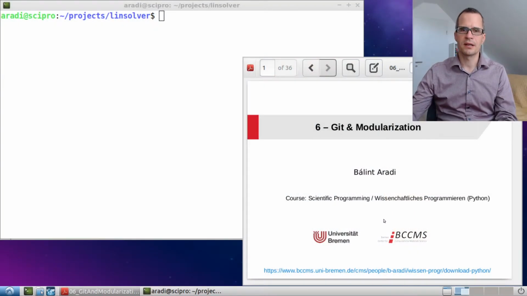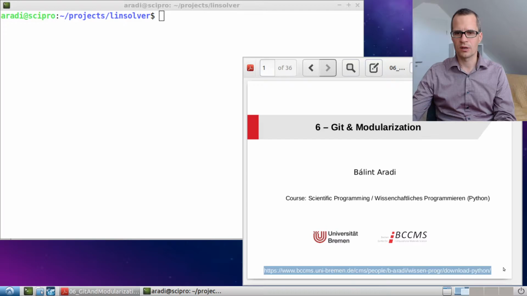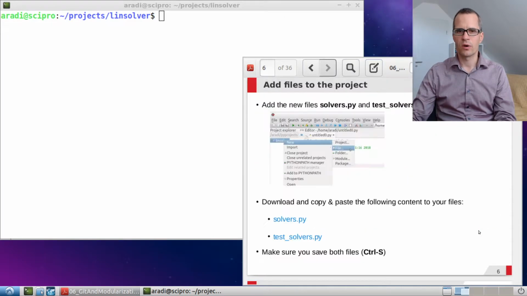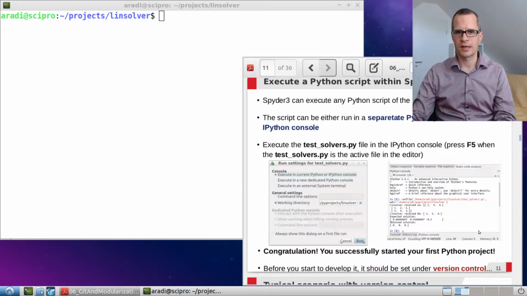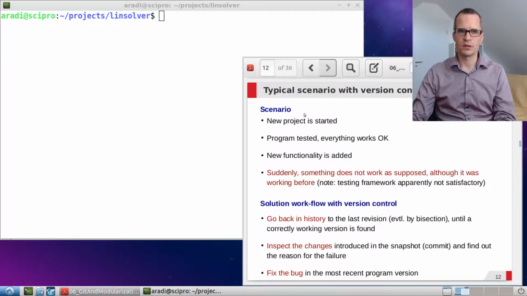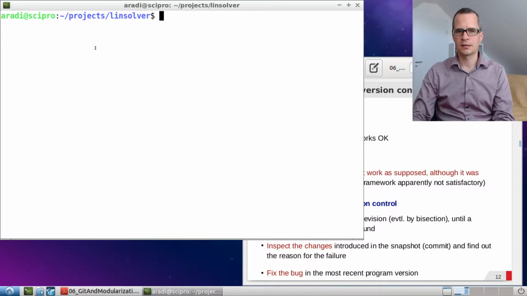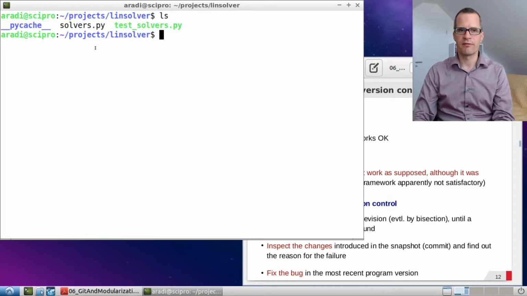We will again basically be looking at the same slides. So it's lecture 6, and as always you can download it from the same address. We are now going to the second part of this lecture, starting from page 12, which has to do with project management. As you remember, in the last video we were creating a projects folder, and within it a linsolver project which contains at the moment some files: solvers.py, which will contain our solvers, and testsolvers.py, which contains our test routines for the solvers, and some directories which were created by